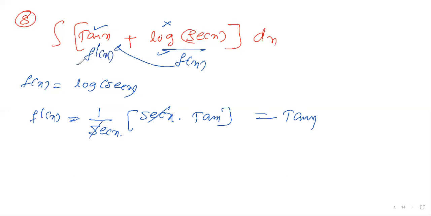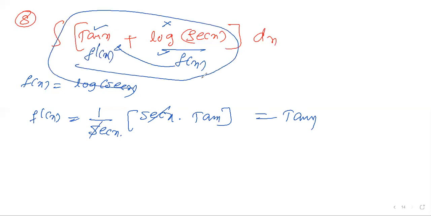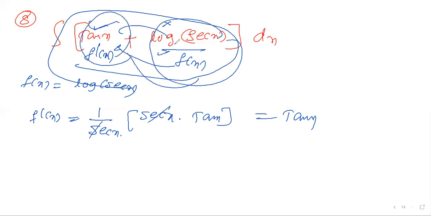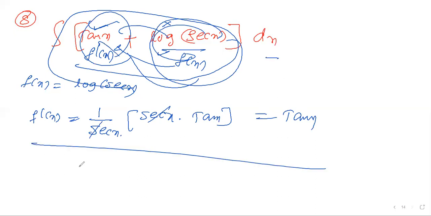So this is a way you can take: this is f of x, this is f dash of x. First you take this one, you're not getting it. Now you're taking it, now you got it. Am I clear? From this, you can take the answer directly: e power x into log of secant x plus c, because this is f of x. So this is a way you have to do the questions comfortably in exams.